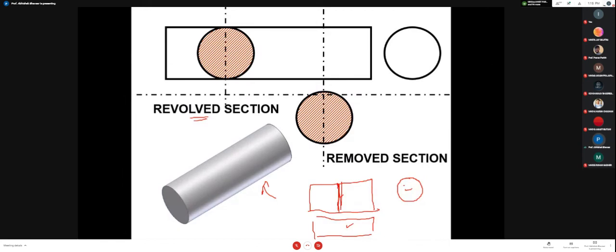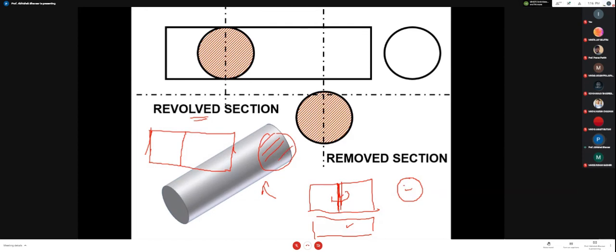Meaning, whatever I cut from here, after cutting, the view that results, I am going to rotate it by 90 degree. What I am going to do, I am having the front view of this figure like this. This is just a front view of your cylinder. Okay, one cylindrical portion is there, a pipe is there. I am going to cut it from here. Then after cutting, which type of feature will be visible to me? Actually, if I cut from here and look from the side, it will be a circular portion.